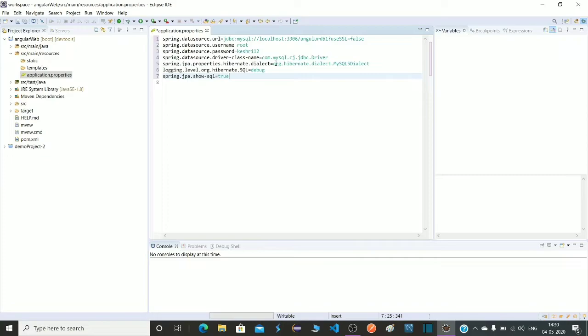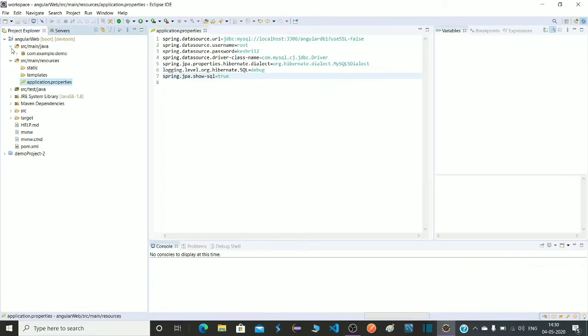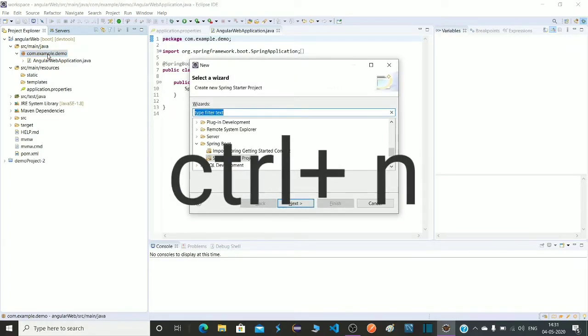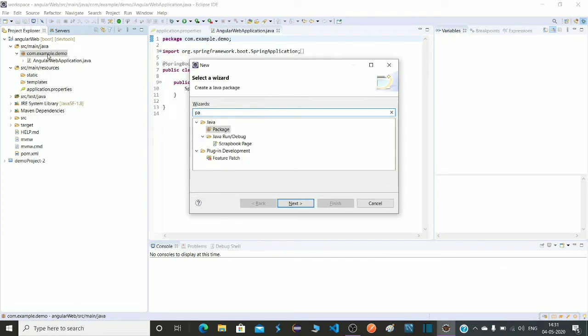This part is done, and now let's go to our src folder. Here is our main class from where the application will be run. First, let's create the packages we are going to use in this application. For that, just press Ctrl N and search here package.